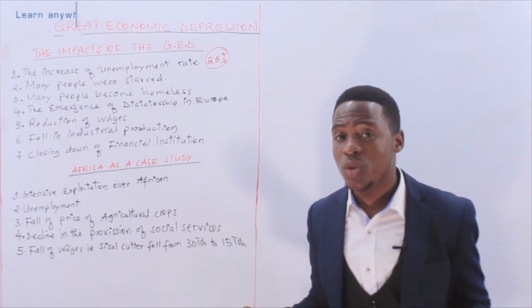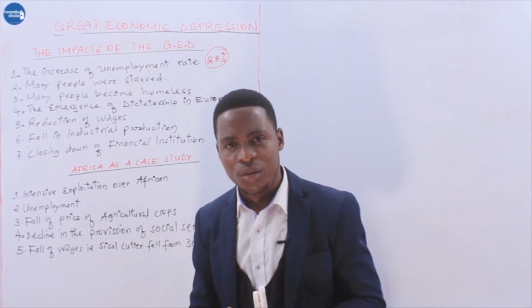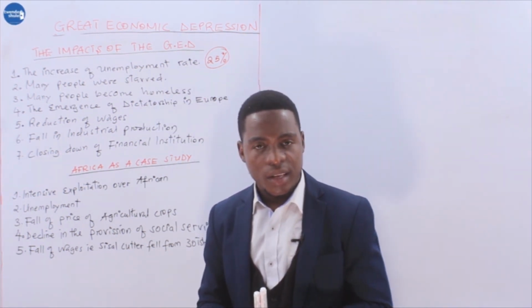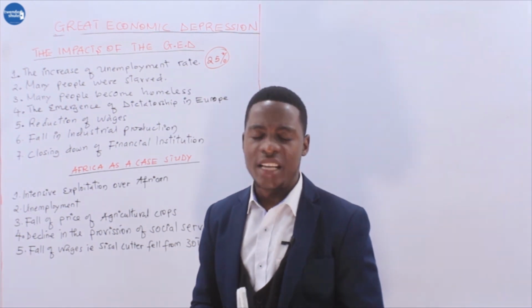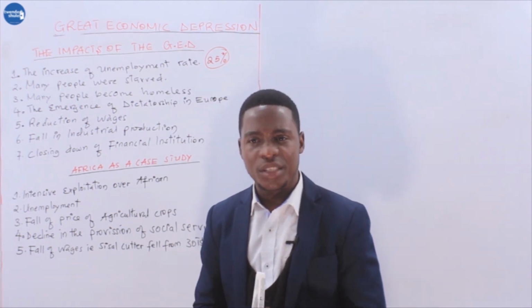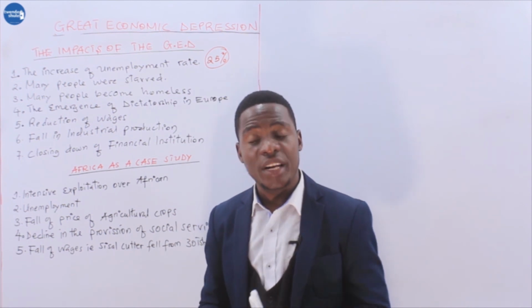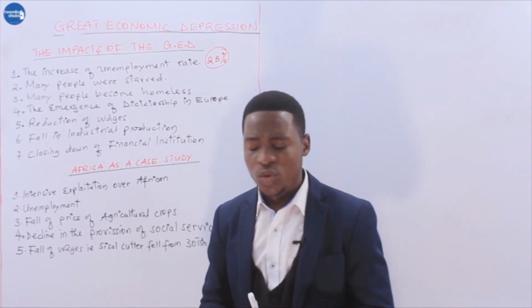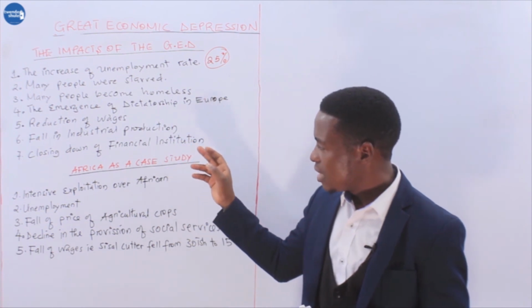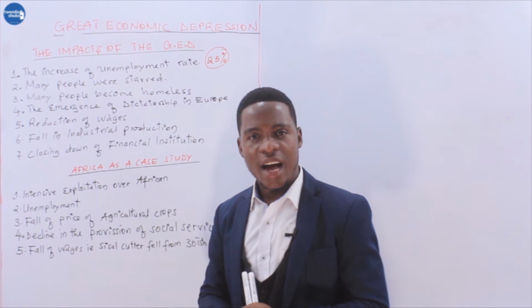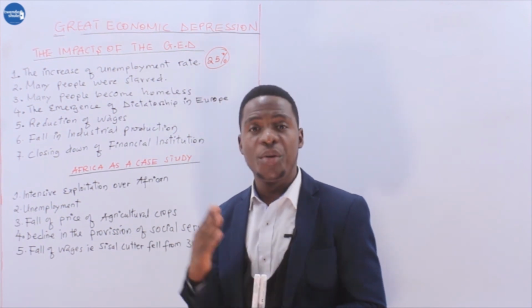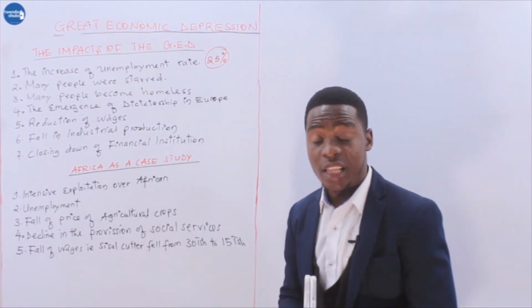Those banks which were not sound to operate were closed. According to the data, almost one third of the banks in the USA were closed because they were not financially sound. So most of the banking or financial institutions were closed down until it was proved beyond reasonable doubt that they were able